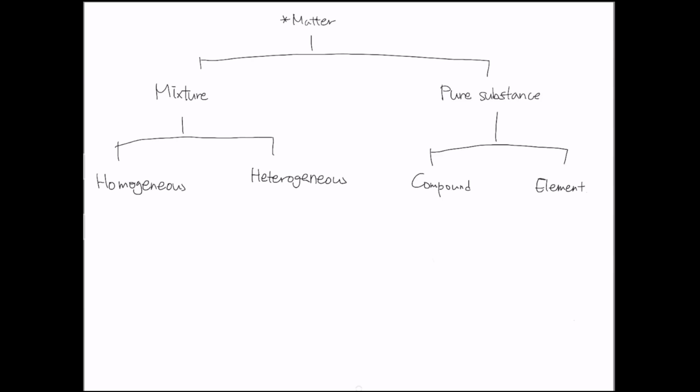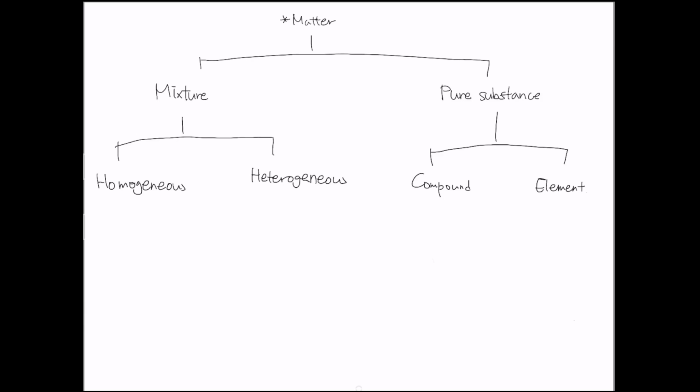And the heterogeneous mixture is something where you can see different layers and different textures and things like that. So for example, if you mix water and oil, they're not going to mix completely, right? So we are going to have 2 different layers, one layer for water and the other layer for the oil. So that is the example of a heterogeneous mixture. Chocolate cookies: you're going to see a chocolate part and cookie part, right? So they're mixed together, they're like one chunk, but you can clearly see the different layer or texture. That's heterogeneous mixture.